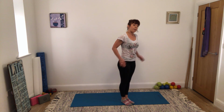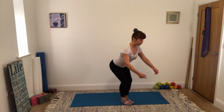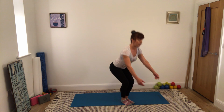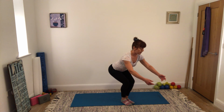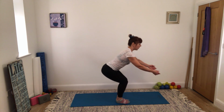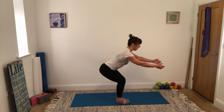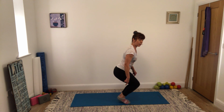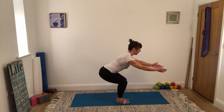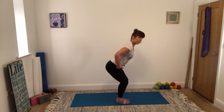So we're going to take feet together and narrow squat. So make sure that you hinge from your hips, send your bottom back, knees are above your ankles, your chest is nice and high, and then you're coming upright. Send that bottom back, the weight is in your heels. So absolutely no change in the shape of your spine. The weight is in your heels. No coming forwards. If you can bring your knees that far forward, you'll probably have your heels down. I have to keep my weight back because of my rubbish Achilles tendons,